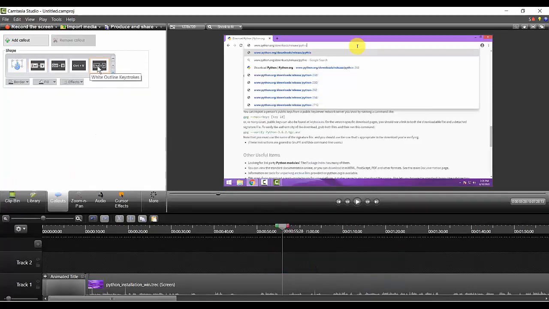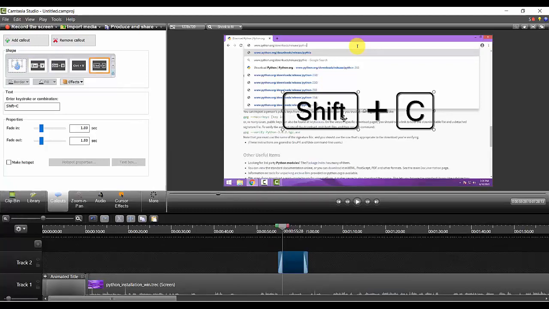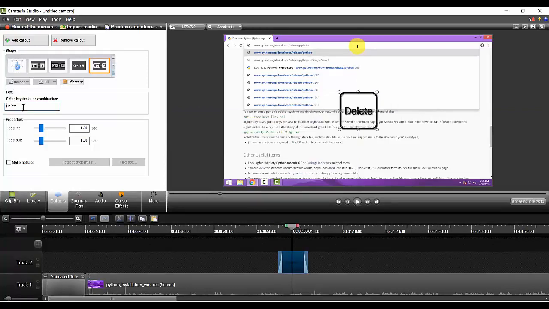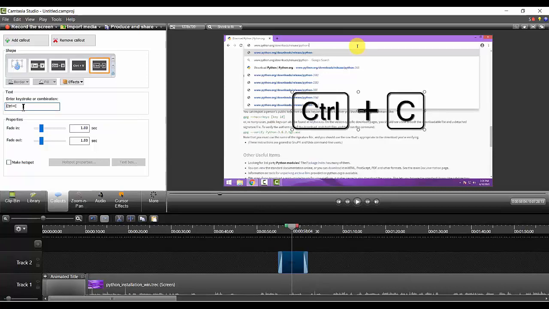Now, if I want this, directly I'll get it. Already I had C, no? If I want to change it, I can do it here itself. Instead of that, if I want to write Control C, I directly press the button on my keyboard, and I get Control C written over here. Sometimes I want to show my viewer that I have pressed the Control C or Control V button. Then this is how I can show it, by this usage of these buttons.